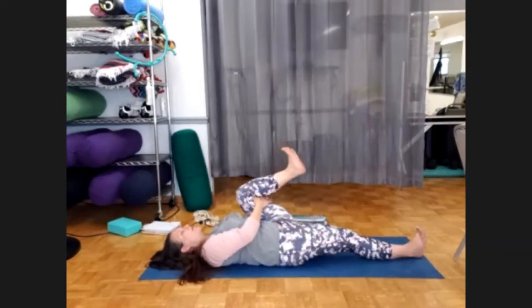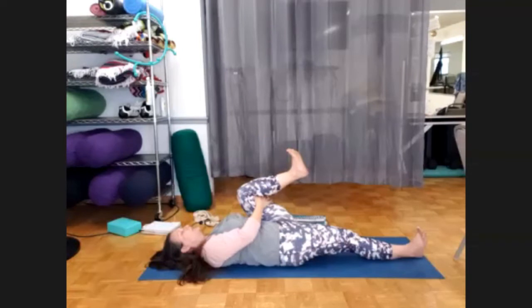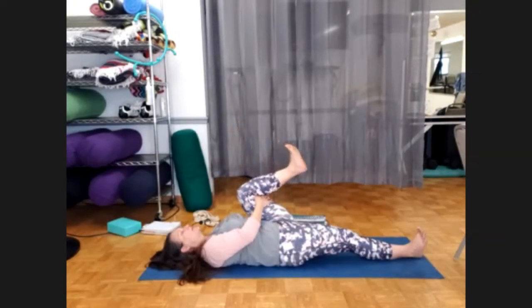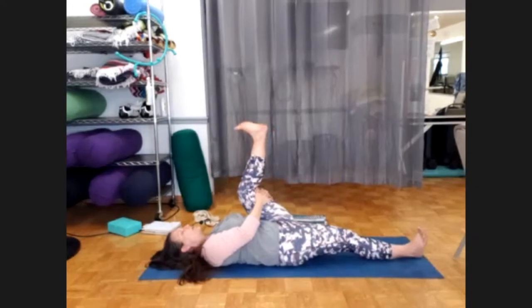You have your calf muscle resting on your hands. I want you to lift your calf muscle off your hands, bringing the foot up, and then take it right back down. Relaxing it on the hands, then lift it off the hands, taking the foot towards the ceiling, and then take it back down. One more time, bring it up, take it off the hands, flexing through the foot,